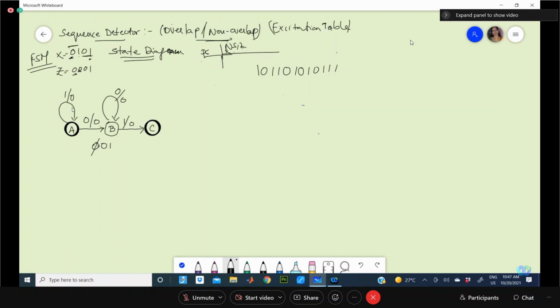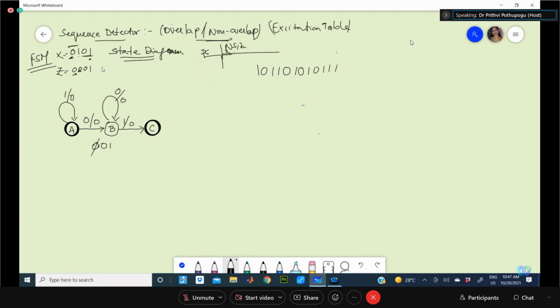In sequence, it will be skipped. It will be in the same state A. Actually, it should be going to C. Okay, that's why we are not taking that back to A. See here, if it is retrieving back in the same state of B now, if the next bit is 1, say, it will be in the path. It will be going to the right next state, C.